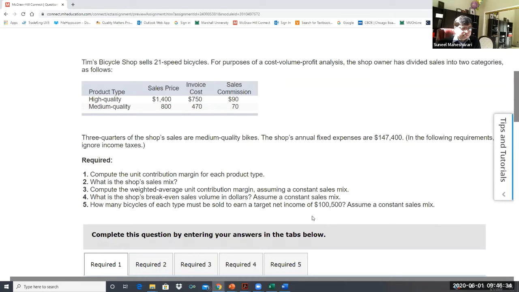Okay. Now, what does the sales mix mean? Sales mix means the proportion of one product in relation to the other product. What does that mean? That basically means, suppose